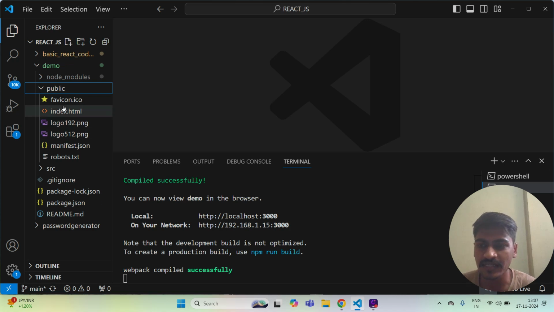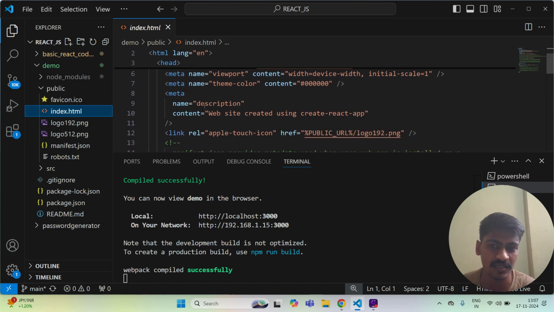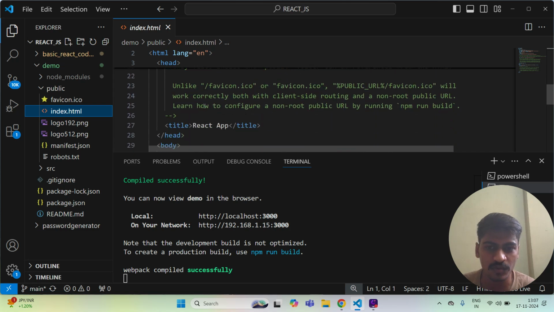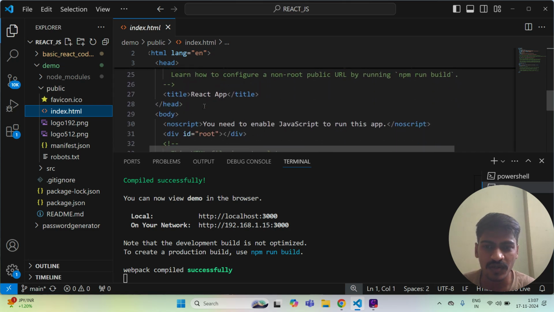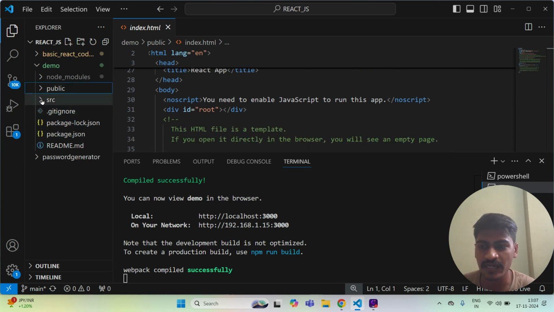The main part is our index.html, which is our application's core HTML structure. If you want to change the title, you can change it there. The basic stuff is there, and this icon we don't need, so we can delete that.